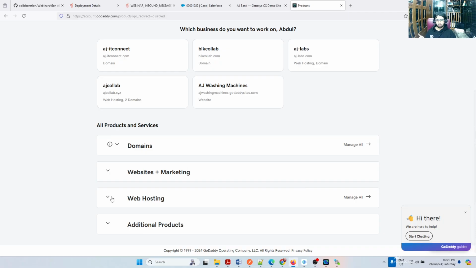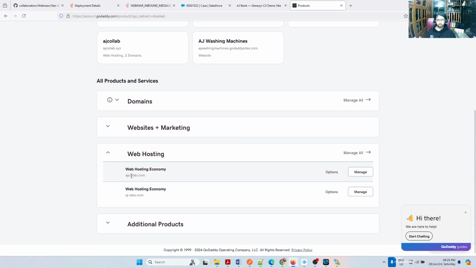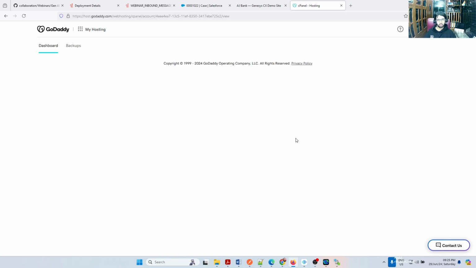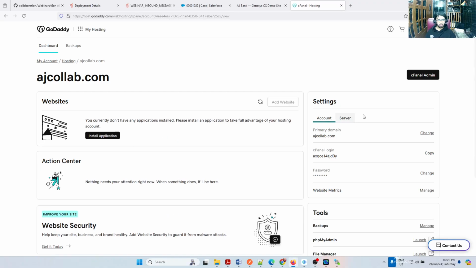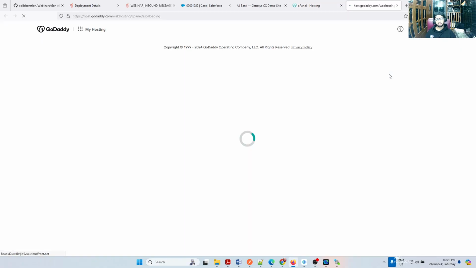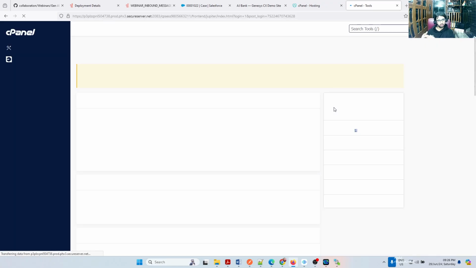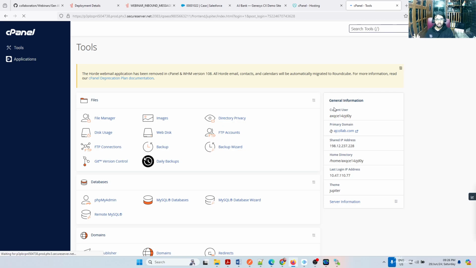So inside my web hosting, if you go to GoDaddy, you can purchase web hosting. This is my demo hosting, used for demos. So I can manage and then log into my cPanel. And then there will be a user called FTP user. Let me just show you since you asked. Where is my cPanel admin? So this is how a cPanel login looks like. But there are different ways of hosting a website. Anyway, it's good to learn, but it's usually handled by developers.